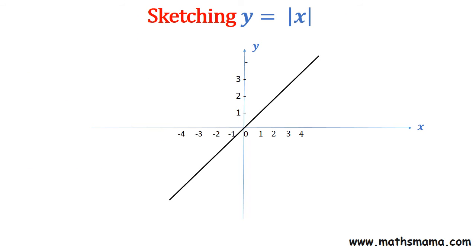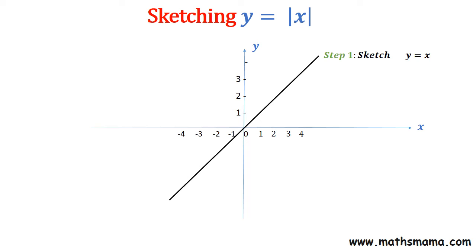Okay, we'll start sketching the same function y equal modulus x. According to step 1, you have to sketch the y equal x straight line by simply ignoring the modulus sign. So I hope all of you know how to sketch the y equal x line, because you need only just 2 or 3 points. Let's give some values: when x equal 1, y equal 1, x equal 2, y equal 2. So simply all the x values and y values are equal. You can easily sketch it, right?